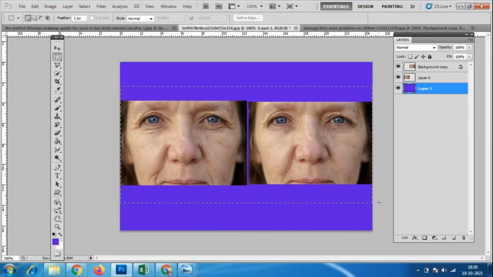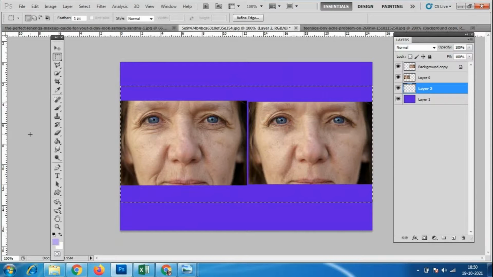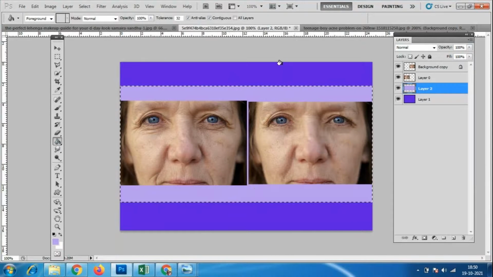Like this, I will add one more box. See, for however much area you have selected, for that much area only we can add a separate color. So I'll go to a new layer. Again I will take a new color for this, and I'll use this paint bucket tool. I'll add the color for this. So like this you can add things. Okay, again if I want to add one more color, again I'll go to the rectangular marquee tool. So in this only you can show many things like this.